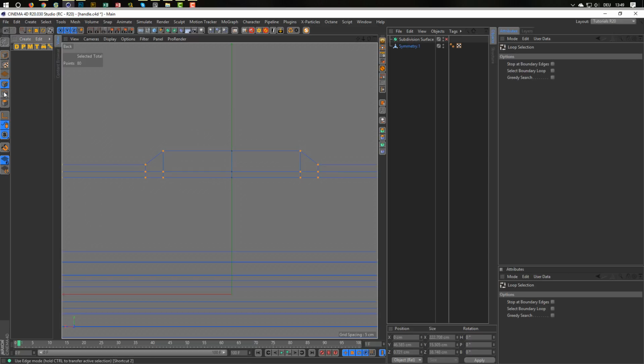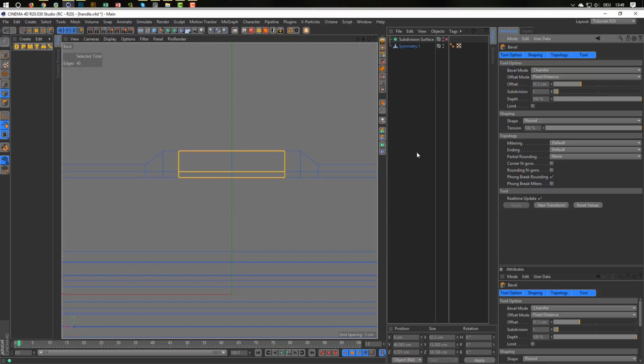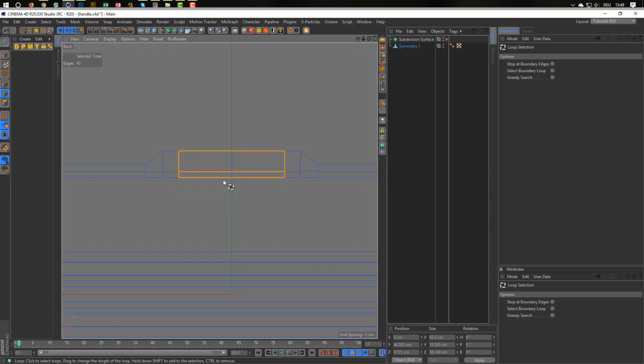UL in the edge mode, MS, now MS should work. And how it works like a charm. Make one subdivision, and you will see why. Now UL, MS again,